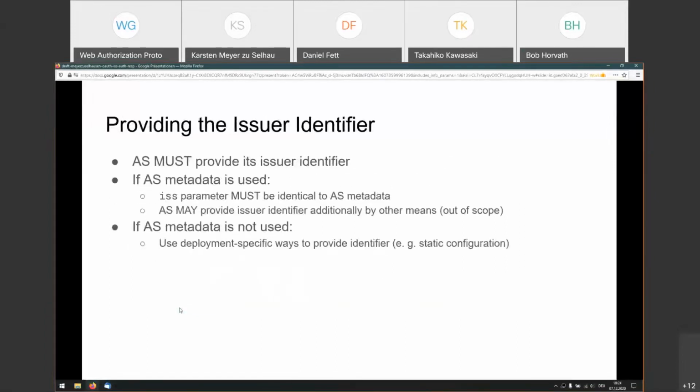What we also specify in our draft is how the authorization server provides its issuer identifier. First of all, it must always provide an issuer identifier, simply to give the client a value it can compare the ISS parameter to. And there are two possible scenarios. The first one is the easier one. The AS supports metadata. Then we say this ISS parameter must be the identical value to the issuer identifier specified in the metadata. And the AS may additionally provide this identifier by other means, but this is not in the scope of